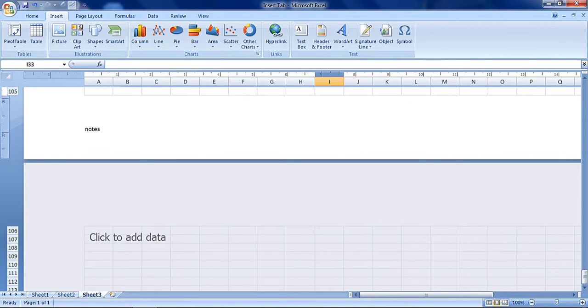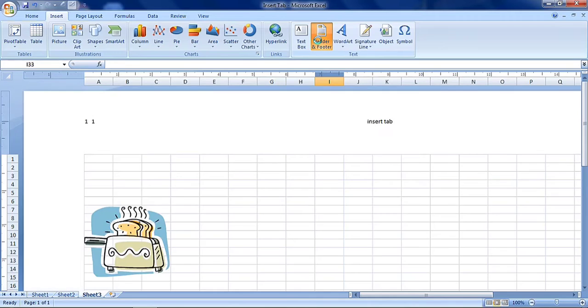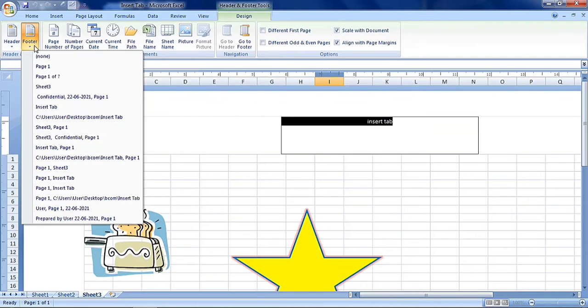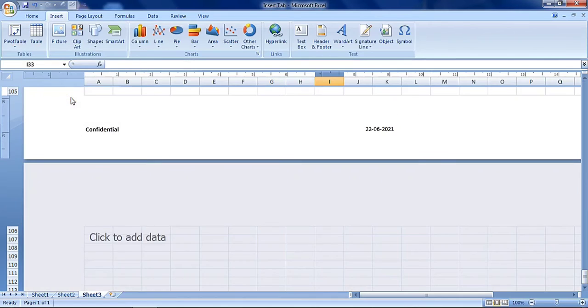Or here you can see some inbuilt header and footer styles. For example, when you click on the arrow button below the footer command, you can see different styles. Just click on that, and that type of footer will appear at the bottom of your page.